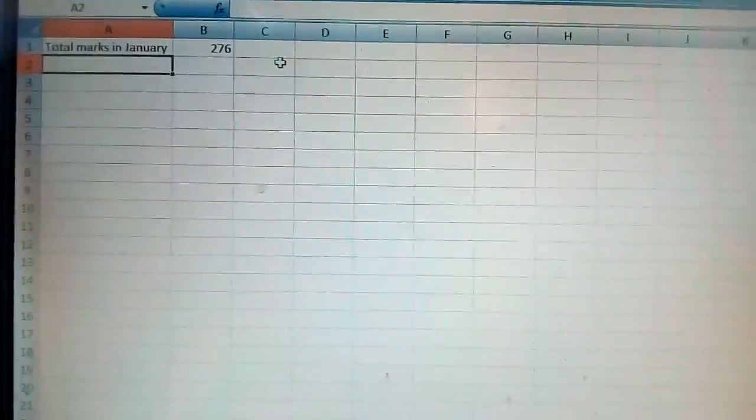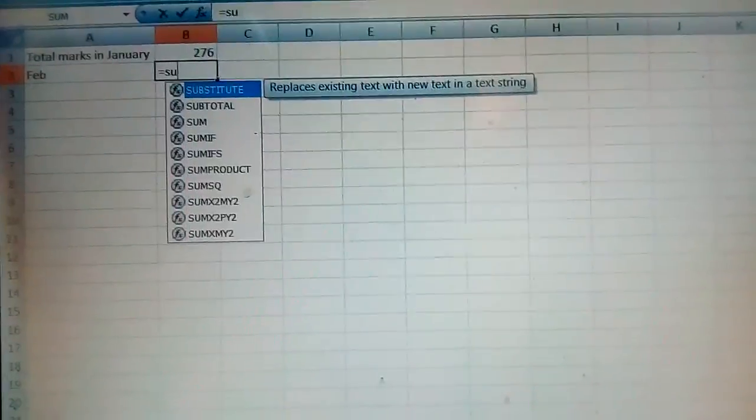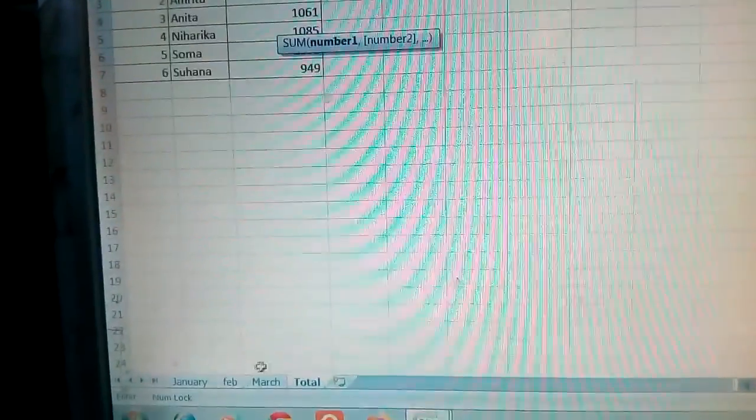Suppose that is for February. How will you do? Come here, then give the equal to sign, then sum, first bracket, go to the month of February. First you have to open that workbook. Okay, and then you select the month of February.